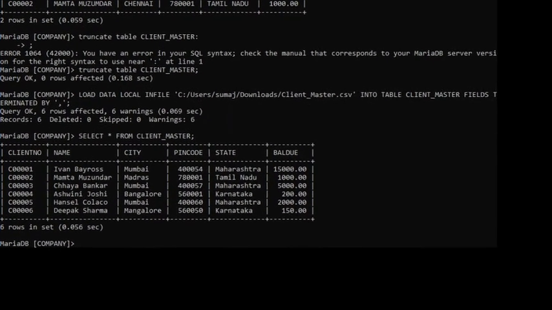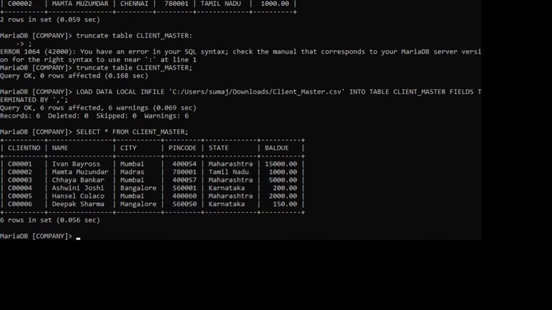You can see the data values of the client master table. The question is to change the city of client number C0005 to Bangalore. So you have to update only a selected row. So the command is update client underscore master, then set. You have to specify the updation. The updation is to change the city. So city equal to Bangalore,